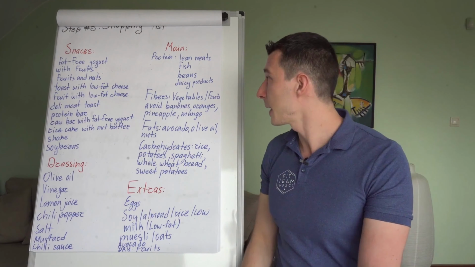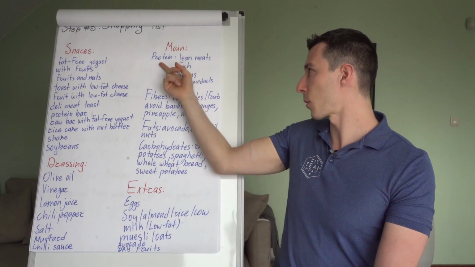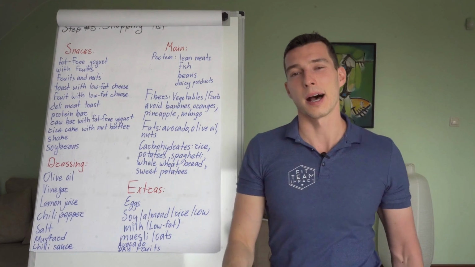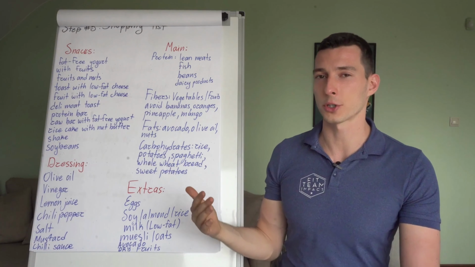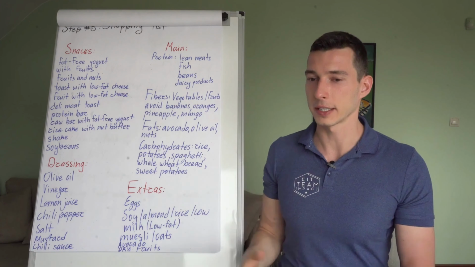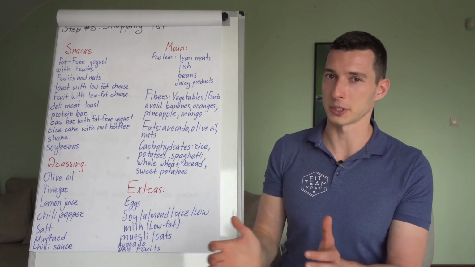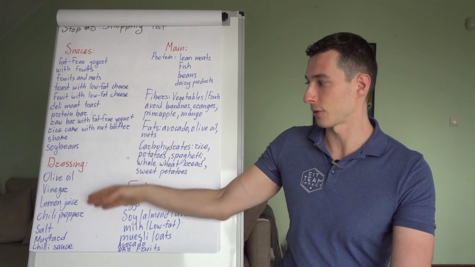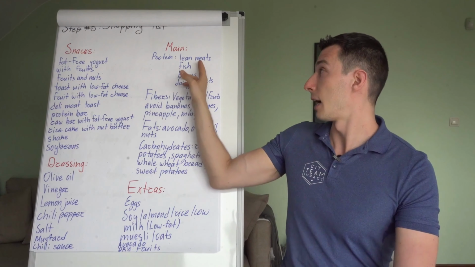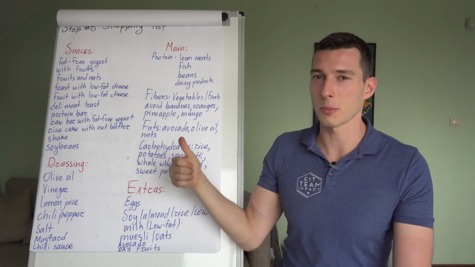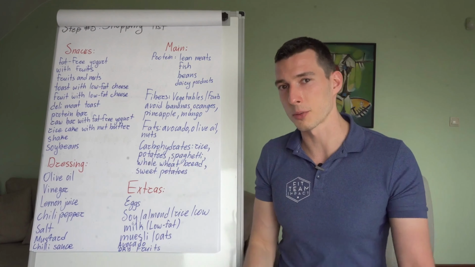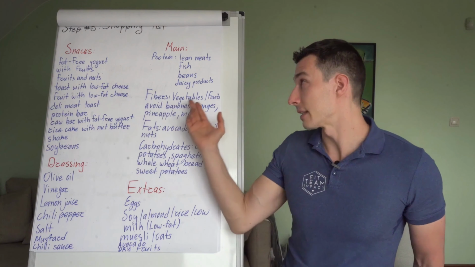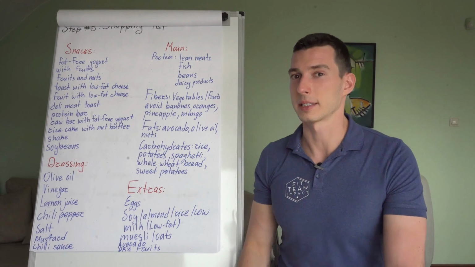Now as a main, depending on your taste preferences for protein, I usually like to go with lean meats, and always go for the lean, because if you get a steak or a pork chop or something that's high in fat content, the calories quickly add up, so it's very hard to stay within the range. So go for lean meats, focus on some of the flavoring and dressing just to make it taste better. You can have fish. I personally like salmon, trout. There's tons of options out there. Again, stick to something that's not so fatty, unless it's salmon, because it has omega-3 and omega-6 fatty acids that